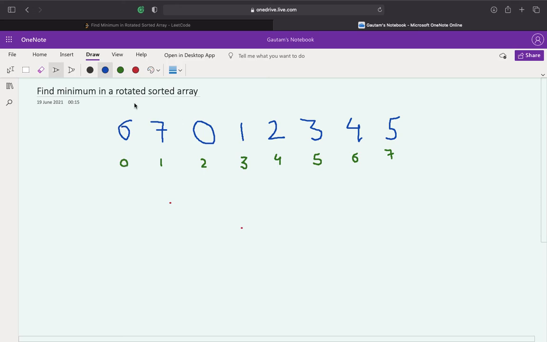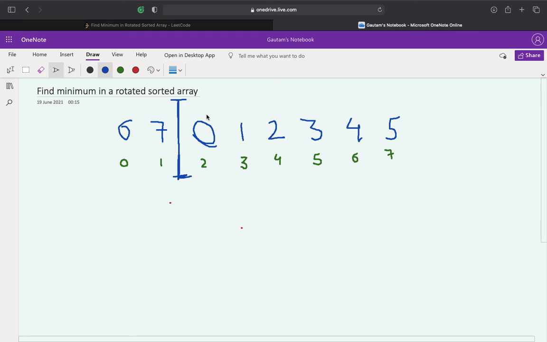If we consider this array, which was earlier sorted in increasing order, after rotating it we get an inflection point, where the next element is smaller than the current element. This is the inflection point in this rotated sorted array. The next element after 7 is smaller than the current element, so that means the next element is the minimum element in that sorted array, right? We'll be using this fact to solve this question.